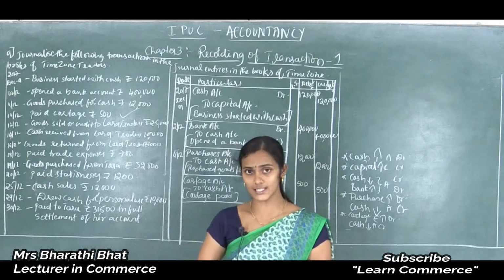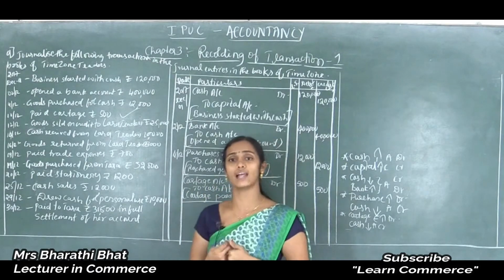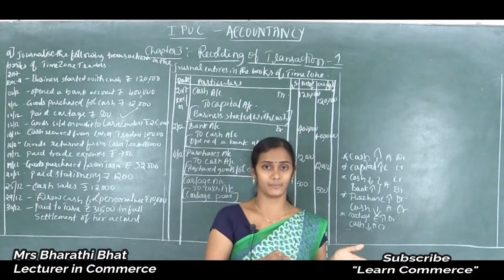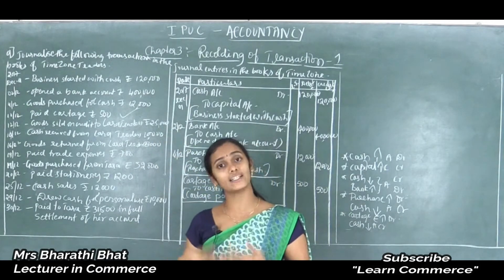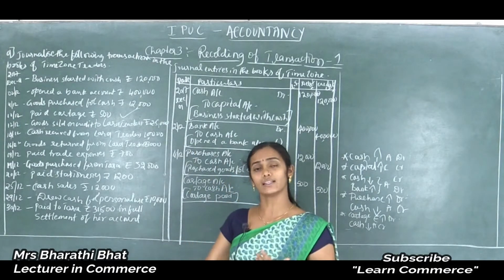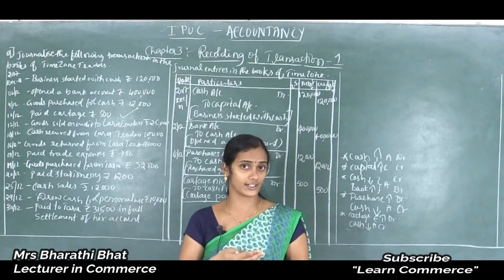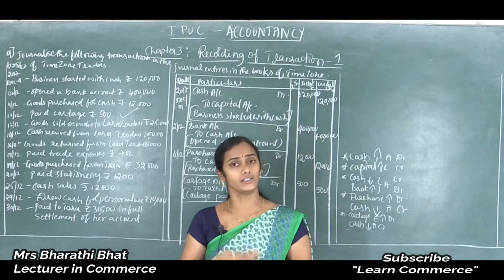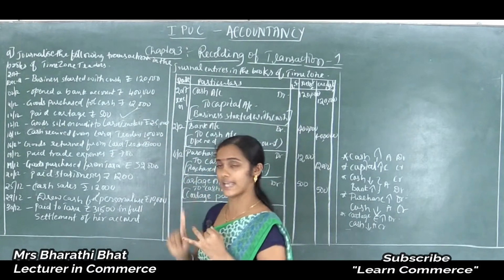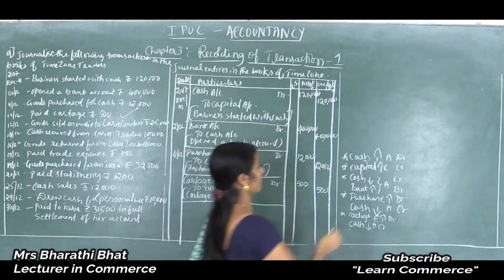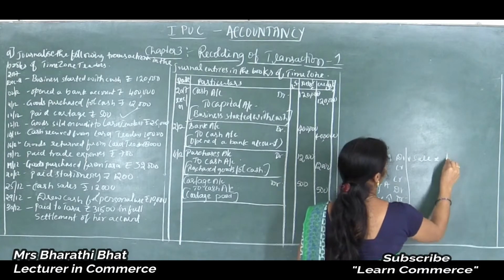But now in this case, we are selling goods to someone. We are selling goods to Lara Traders on credit, meaning Lara Traders have to pay that 25,000 amount in the near future. They agreed to pay in the near future. So that's why instead of recording the transaction under the cash account, we need to mention the Lara Traders name. Getting my point? One is sales, another one is Lara Traders.